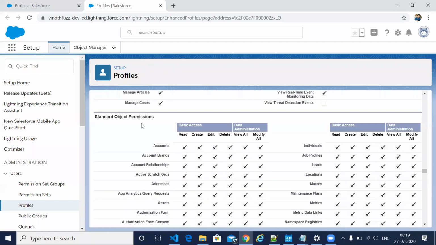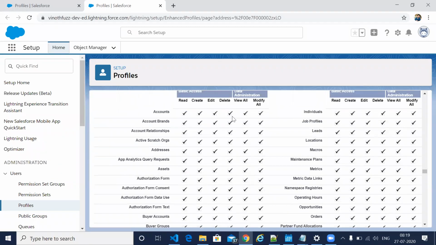Here we have standard objects inside the profile. For each and every object, you can give read, create, edit, delete, view all, modify all. View all and modify all are for the administrator.